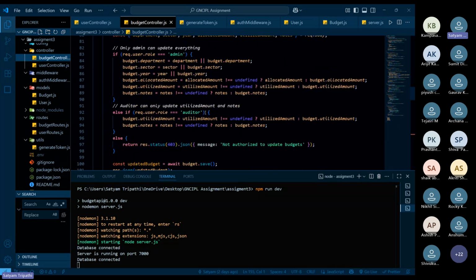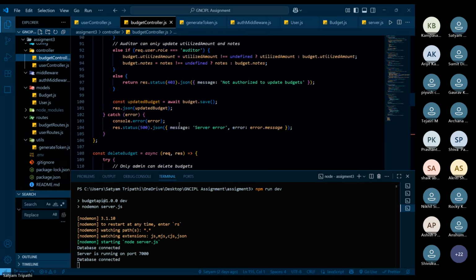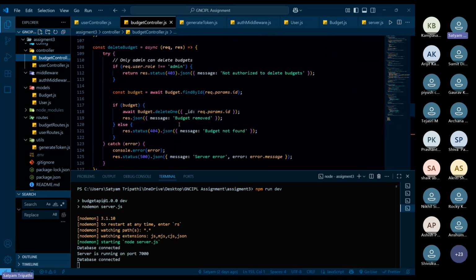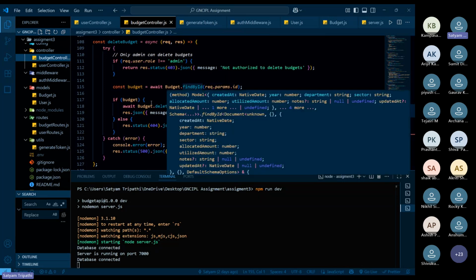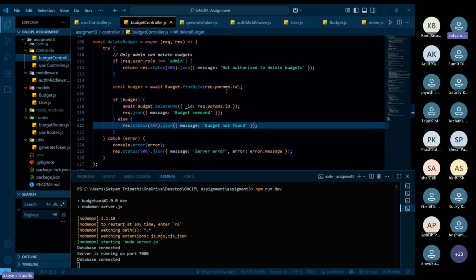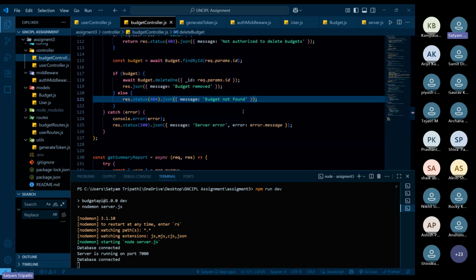Otherwise, if the user is an auditor, then he can only change the utilized amount and notes. And this is the delete budget function, where I find the budget in the database through findById using request.params ID, and it will delete it, and the whole budget will be removed.